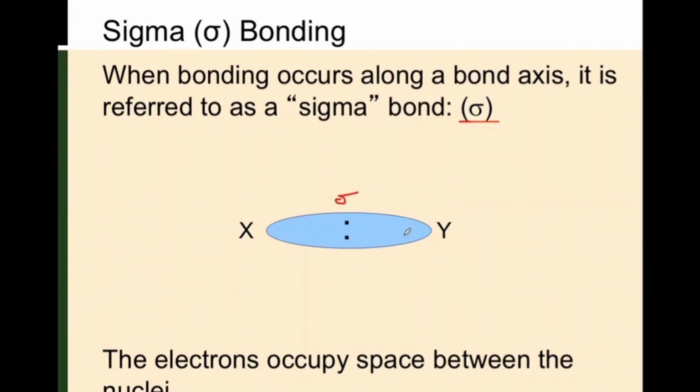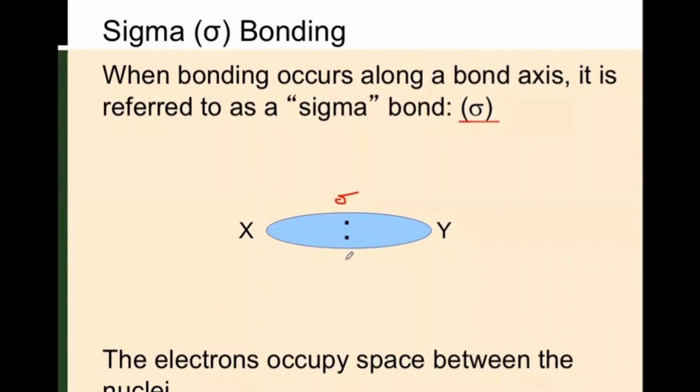The electron density is represented by this blue oval. Two electrons are inside of that blue oval, so this is the overlap between them. They're shared, and this is a sigma bond. So the electrons occupy the space between the nuclei predominantly. If we remember back to the hydrogen case that we looked at earlier, that's the red area